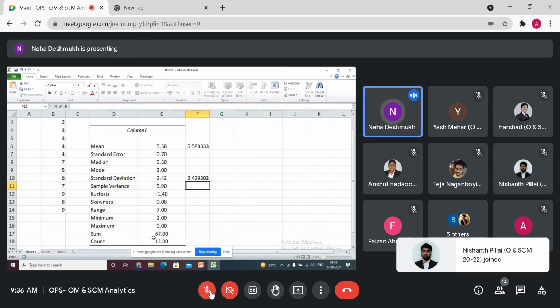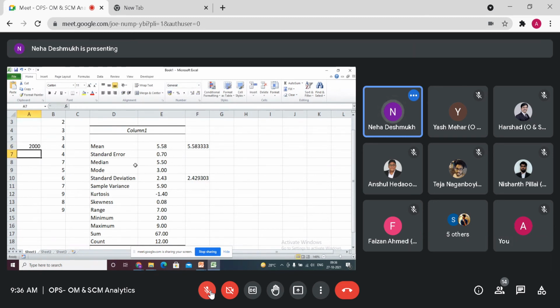So this is the introduction. What if you have 2000 observations? What exactly is the data? I can get the idea from here. That's the reason it is called descriptive statistics, the whole description about the data. Now I can choose which method I can apply for this type of data, with this type of variation, this type of standard deviation, this type of mean. So I will get a brief idea about the data set, and then I can choose the functions for the model, right? Is this clear?